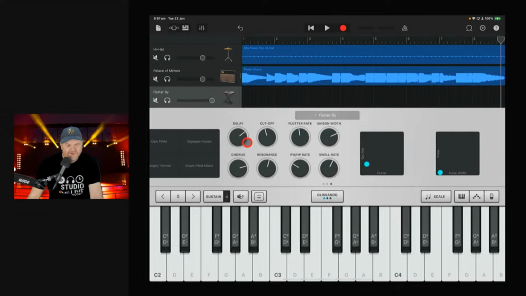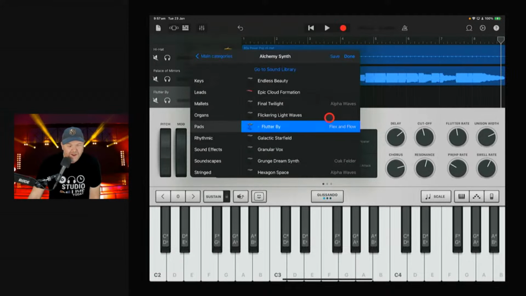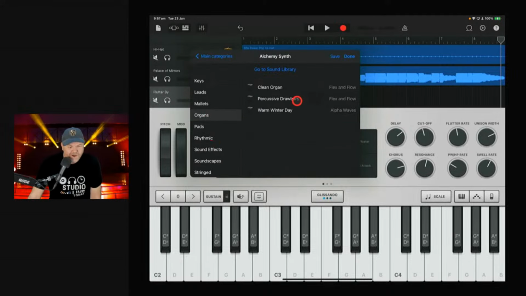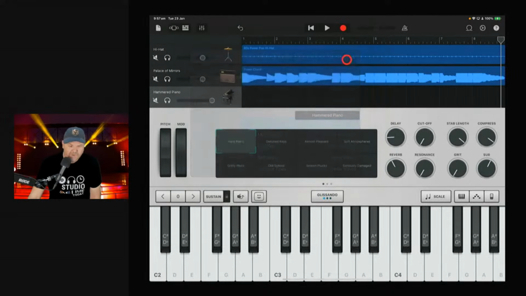And every one is different, and you can record in effects as you go through, and you've got pitch bends and modulation. And you could literally, I've done whole songs where I've just sat down and put 10 tracks on and chosen 10 different Alchemy synth sounds and found something really cool in each of these categories. So there's a bunch of cool stuff you can play with in the Alchemy synth, which brings us to our